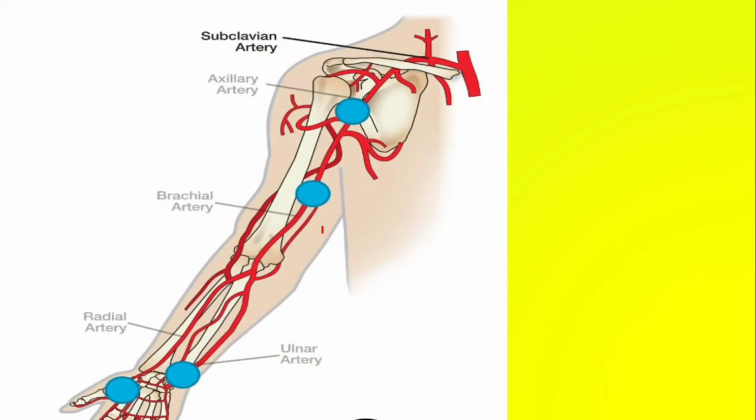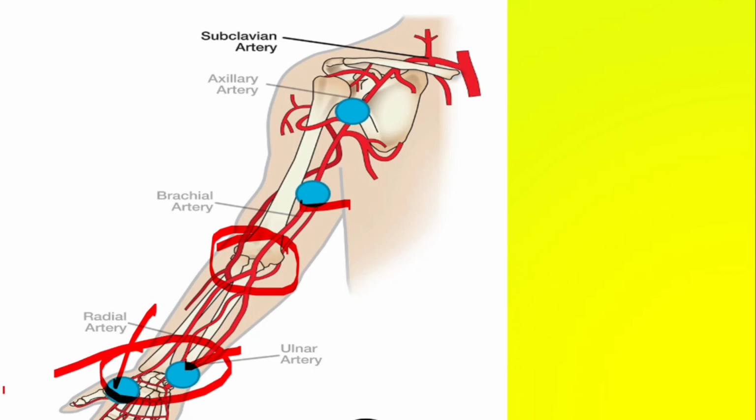First, you have to check all the pulses, whether all the peripheral pulses are palpable. Radial artery, you have to check the ulnar artery, brachial artery, and the axillary artery. Axillary, clinically, mostly we won't do. Brachial, radial, and ulnar. This pulse palpation is very, very important in both the hands, because if the pulse is